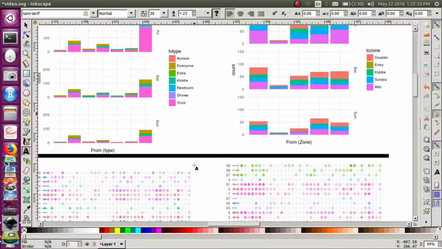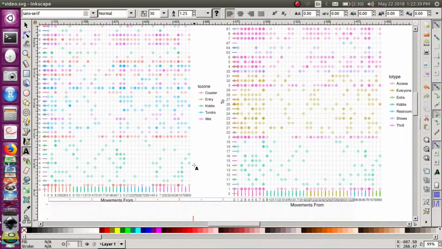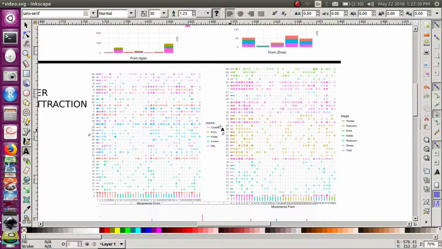The detail per attraction gives an insight of the movement in the park. This is very helpful to identify specific behavior. The heat map is ordered per zone of origin, but the colors are per destination zone. The intensity of the colors is the amount of times this combination happened. The plot shows many pink and brown colors, the thrill and everyone attractions, and fewer for the teal, which is kiddie,